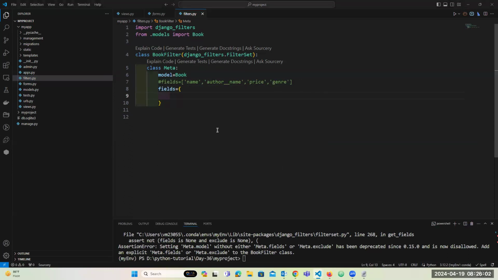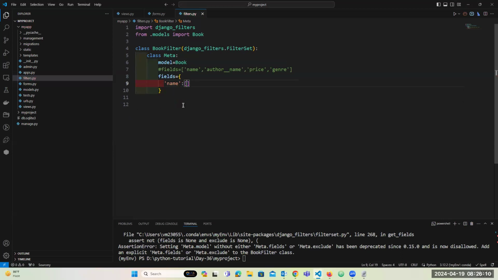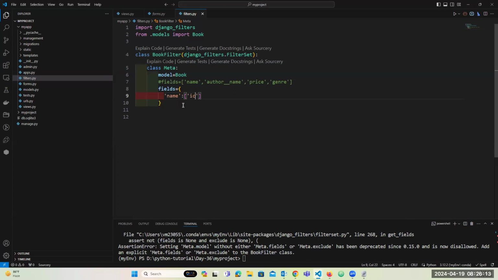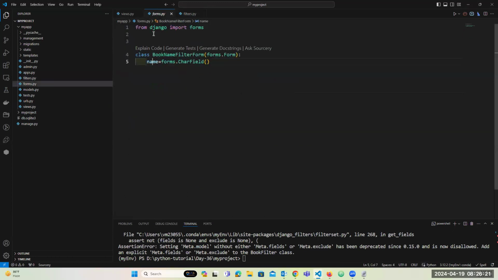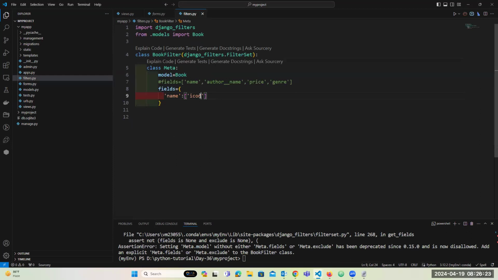So go to this form, name should be name colon, and I can pass here name icontains. Here what we did last time, we used contains, right? Same thing. Here we are using the icontains filter, icontains, and other,